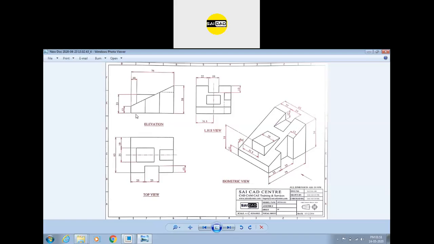So if you see at the elevation, we have a taper line here and we have a straight line here. Okay, and we have a dotted line, hidden line. So this hidden line means there is something behind this shape. So you can see that in the projection we have this cut here. Okay, we are seeing from left side. So this cut is there. So the dotted line is explained. And now you can see there is a dotted line. Okay, so there is a solid object here also.